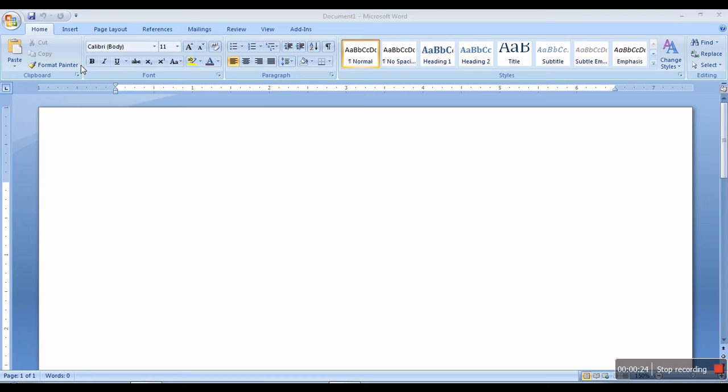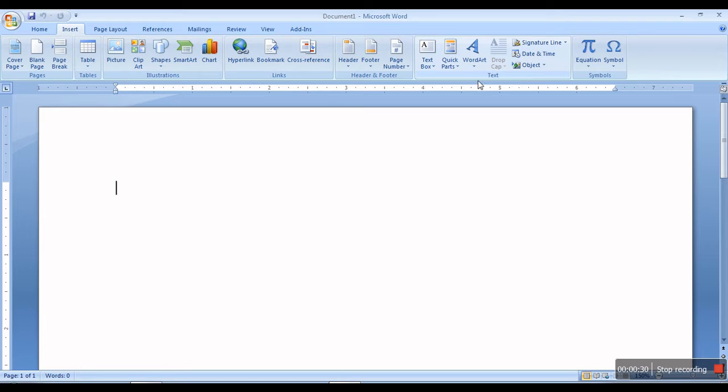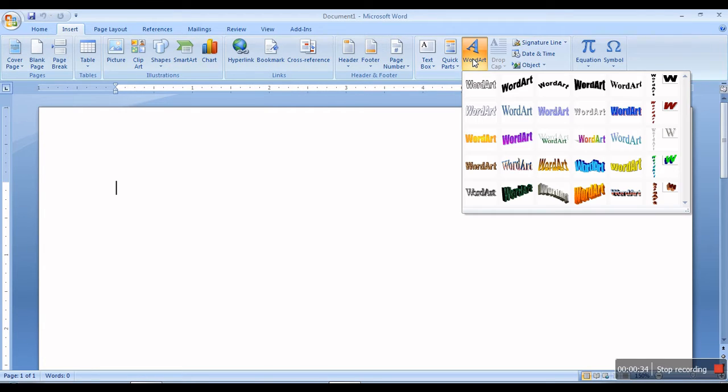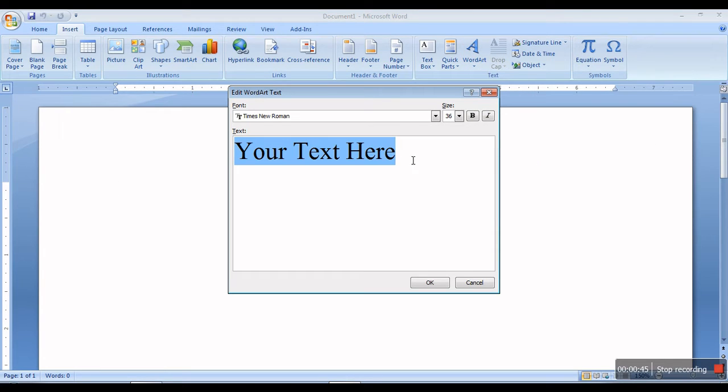So go to the insert tab and there is the text group. In the text group there is word art. There are many types of word art. Then I want baby pink color. Then here you write your text. I write my name